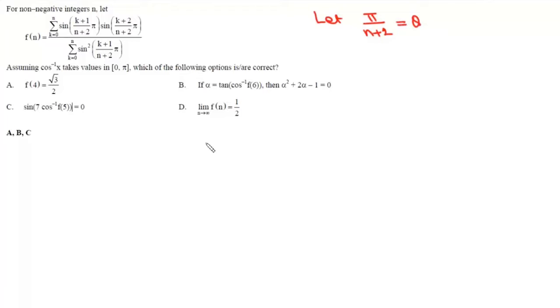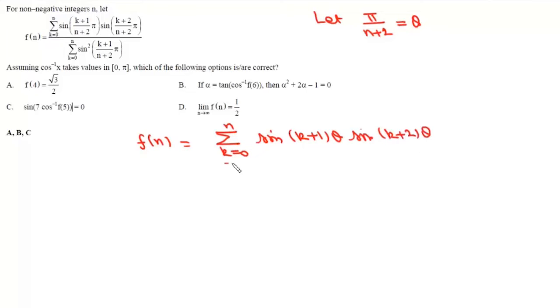So we'll actually write f_n as this summation, k varies from 0 to n, sine (k plus 1) theta into sine (k plus 2) theta, whole divided by this summation, k varies from 0 to n, sine square